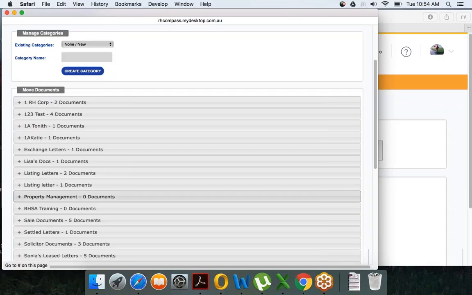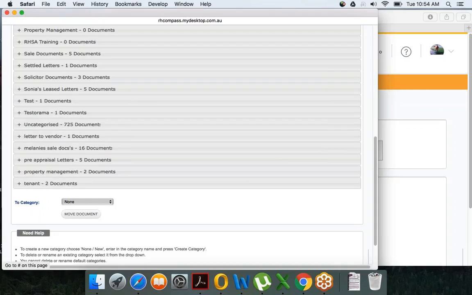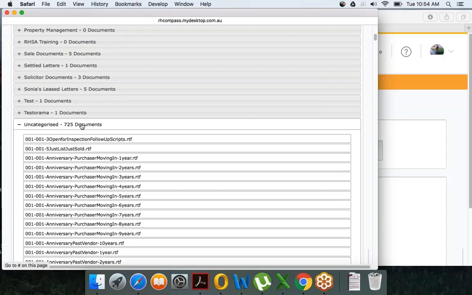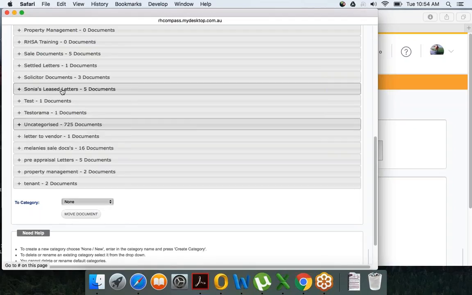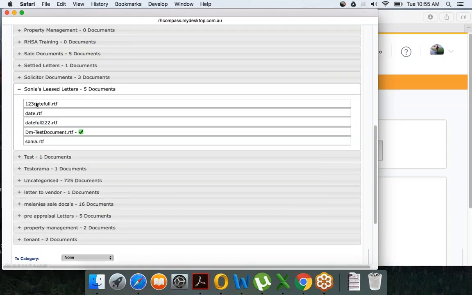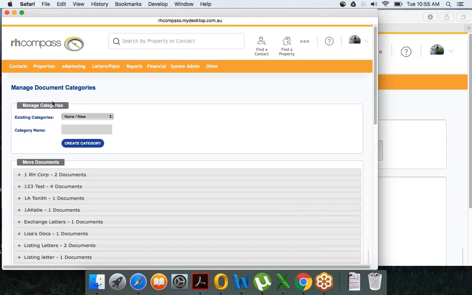Okay, so this is a demo account, so we've got lots of categories where everyone's had a go. You've got your listing letters here. We've got some property management letters, our settled letters. So you can actually group them together. So rather than looking through 100 letters, like here, these ones are all uncategorized. There's 725 documents in there. So rather than doing that, you can come in here and grab the lease letters, and there's just 5 letters. So it's easy to grab those letters. To create those categories, you can just give it a name, and you can edit or update an existing